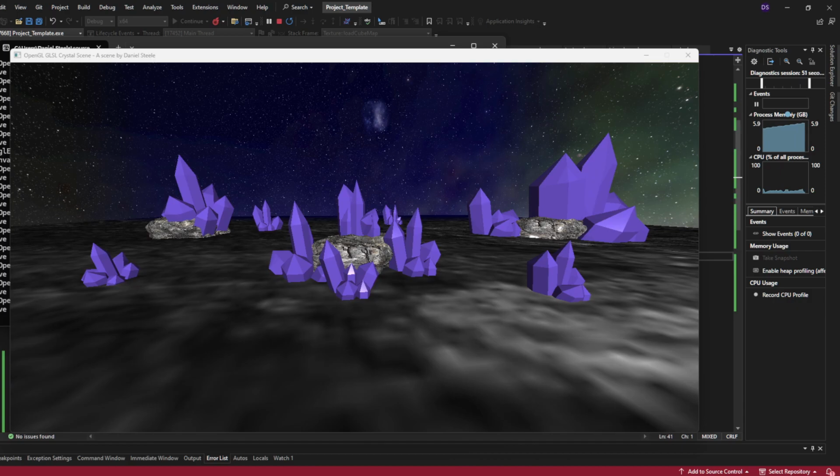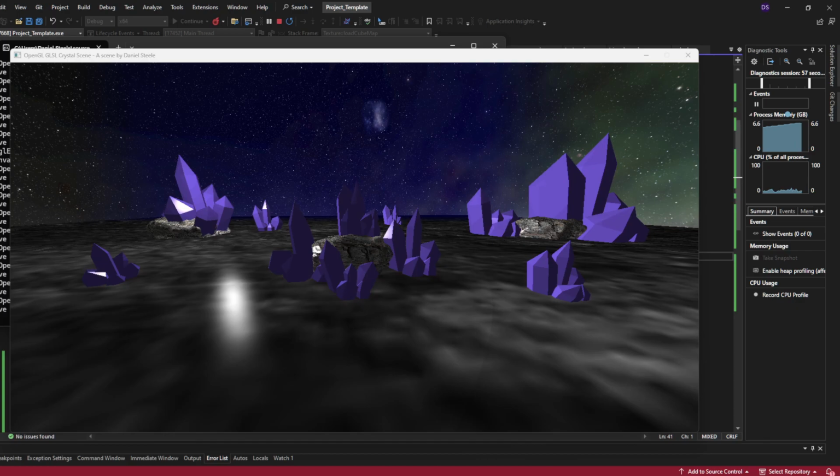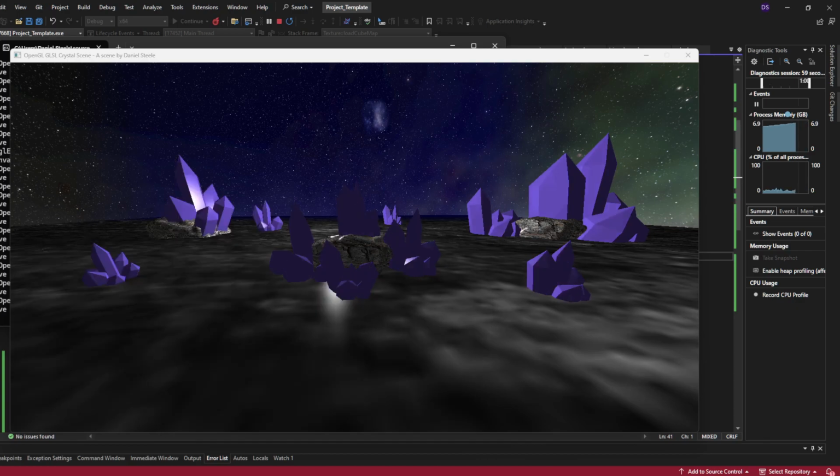Okay, so that is my project. It is an alien scene, meant to be on an alien planet,